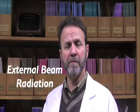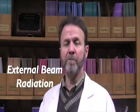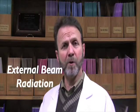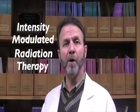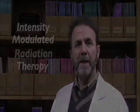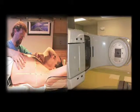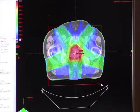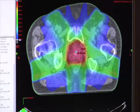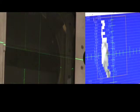Equivalent to prostatectomy would be the aggressive approaches that we have today in radiation. The most commonly used radiation technique is external beam irradiation. The most common technique of treating prostate cancer with external beam radiation today is the use of intensity modulated radiation therapy, or IMRT. This is a technique that the beam of radiation actually comes into the patient from externally. They are lying on a table and the beam is projected through 5 to 7 different fields, and the radiation beam actually changes as the beam is on